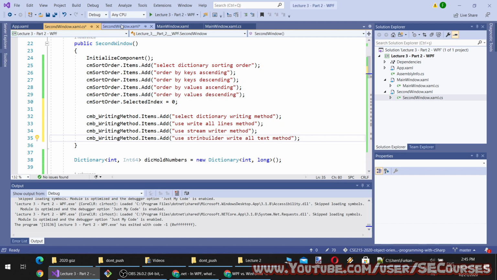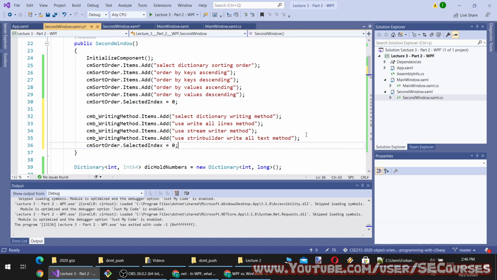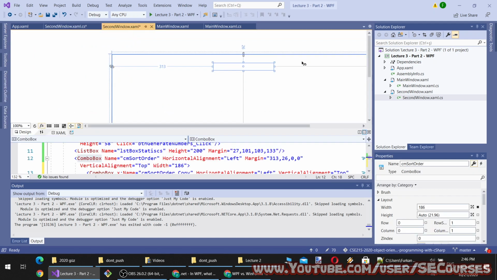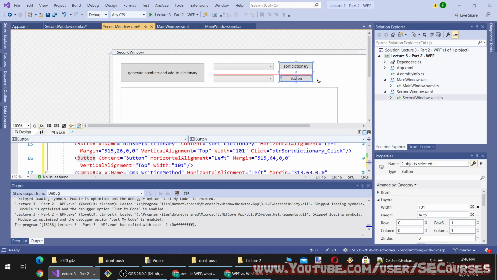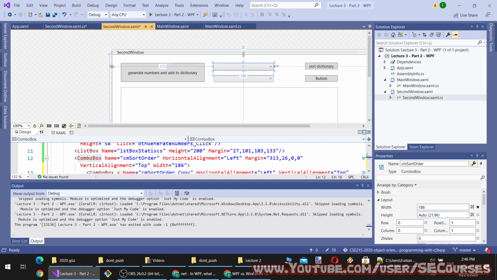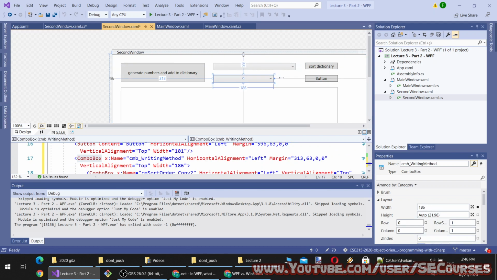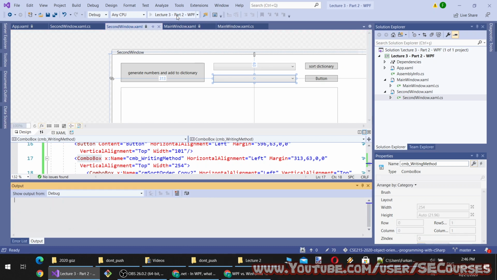Okay, so now we have three different methods, and I will show each one of them. And when I run the application,